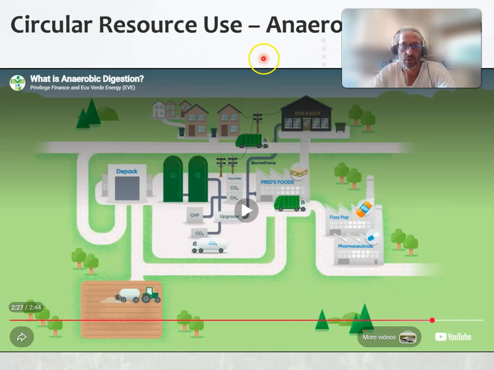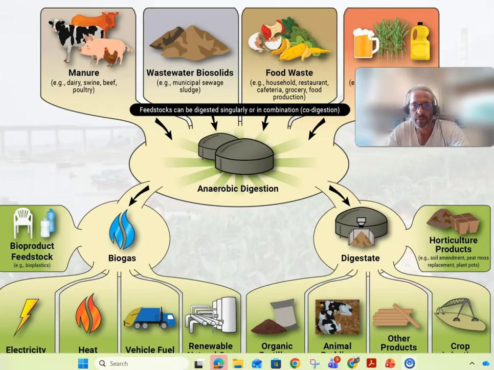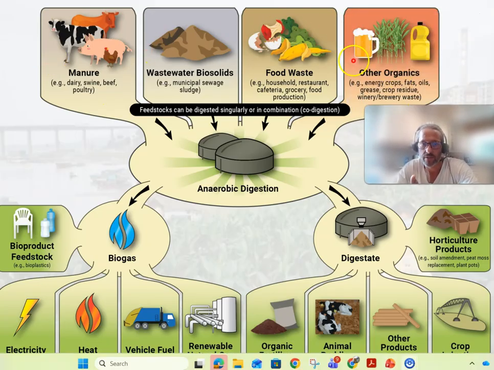Okay, so that's your overview of anaerobic digestion. Here's a nice little diagram. You can see you can have these different inputs. There's different ways to do this, but it has to be organic. You put it in this sealed tank with the right bacteria, then you generate what's called biogas, sometimes called green